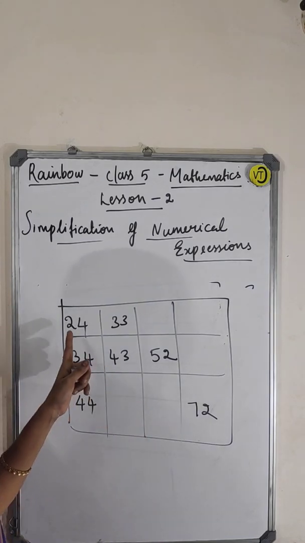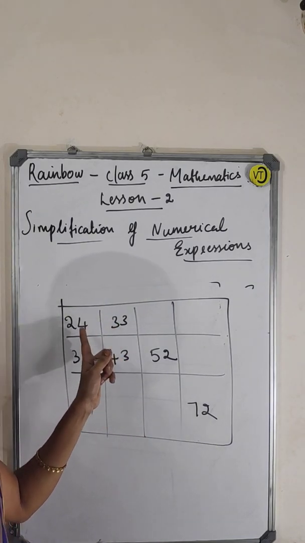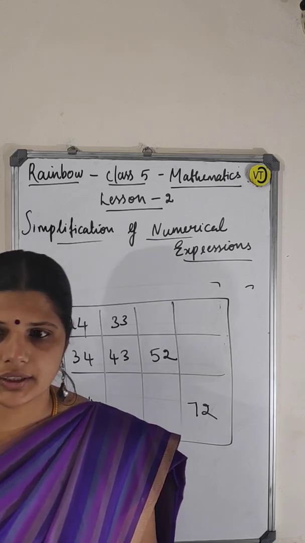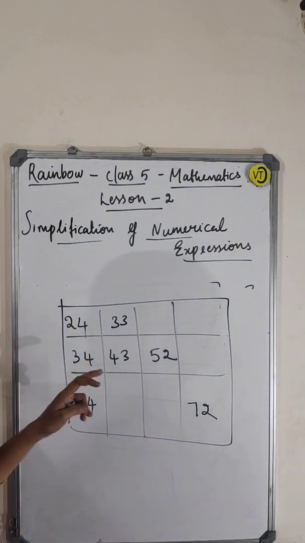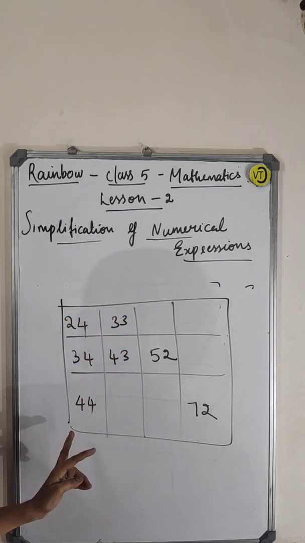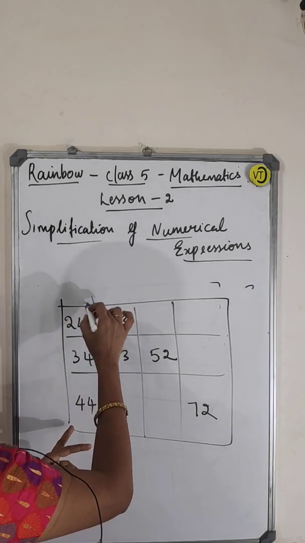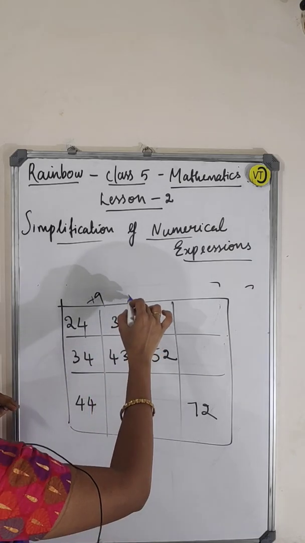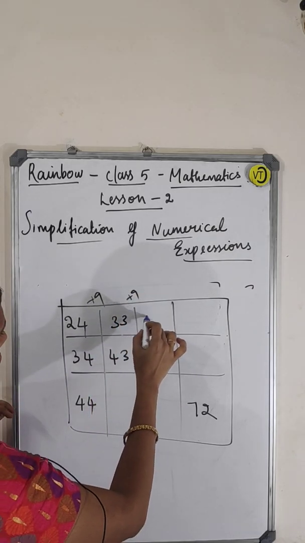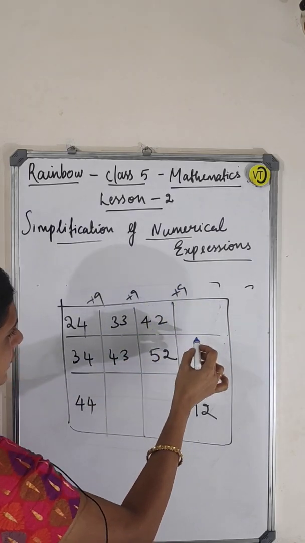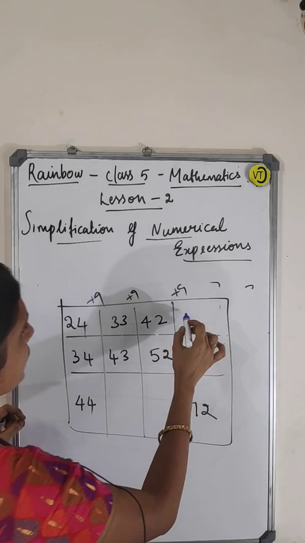What rule here? 24, 33 is there. What you have to add to get 33? Guys, you know that? Okay. Here you check, either this way or this way. So plus 9 if you do, 33 will come. Am I right? Yes. And plus 9 if you do, 42 will come. Then plus 9 if you do, what will come then? It will be here, 52 will come.